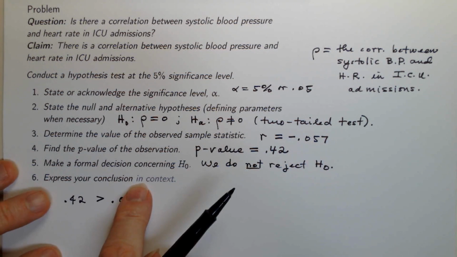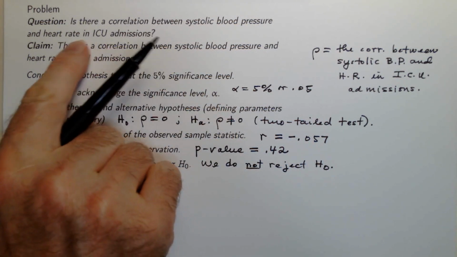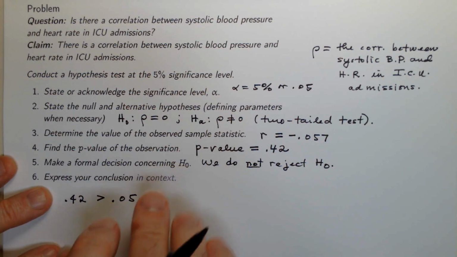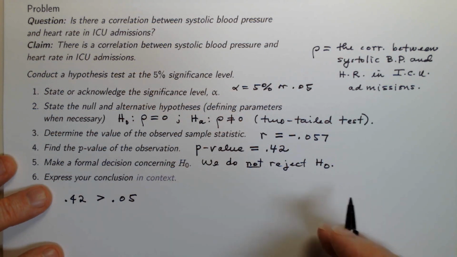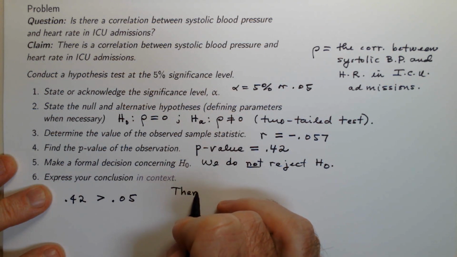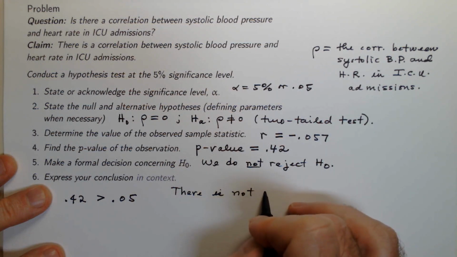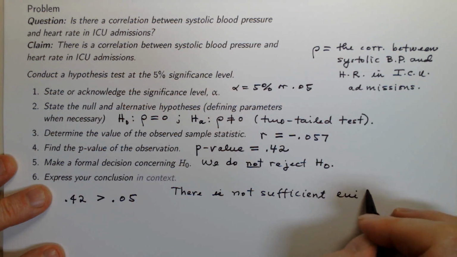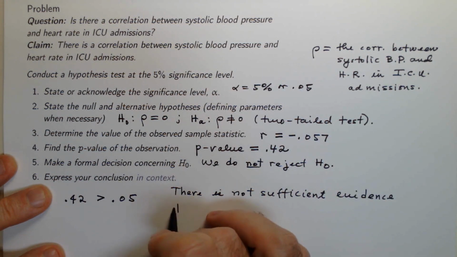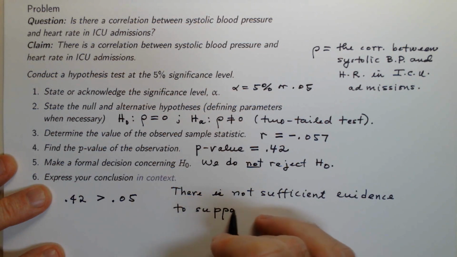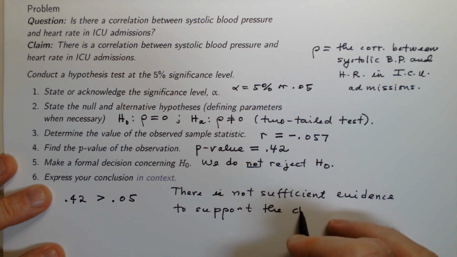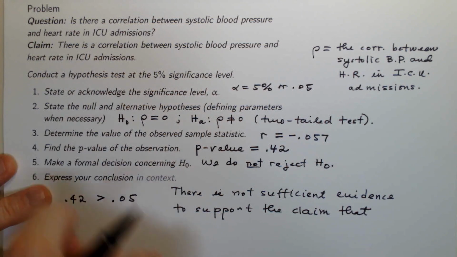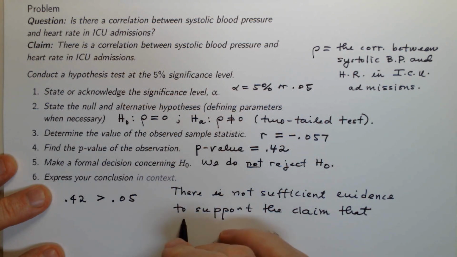Now we want to express the conclusion in context. So basically we want to go back to the claim and talk about what the evidence is pointing to. And in this case, because of our formal decision, right, there is not sufficient evidence to support the claim that, and here we just have to pull in our clause, right, that there is a correlation